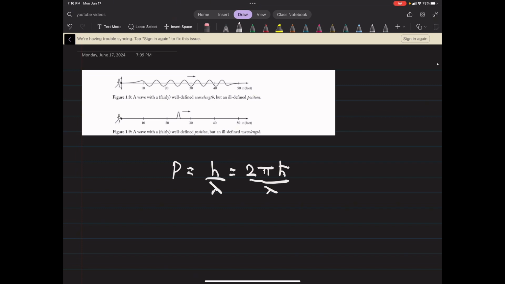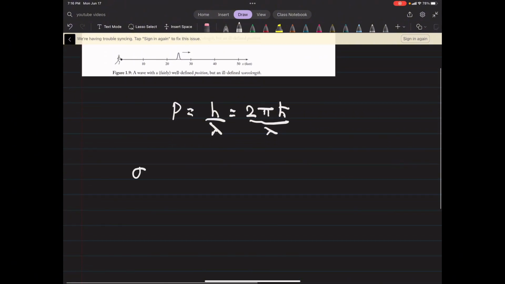Okay, so if we want to define our uncertainty, sigma x times sigma p is greater than or equal to ħ over 2. And these sigmas are exactly what we talked about in the probability section of this playlist. If you go back to where we talked about probability, we talked a little bit about the standard deviation, and I think I mentioned that's something to keep in the back of your mind. And, well, here it is. Okay, so that is our uncertainty principle.